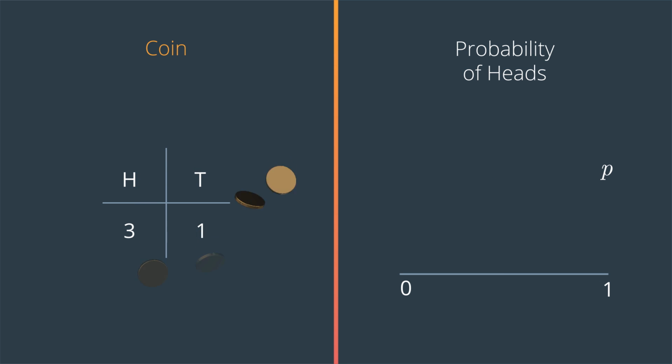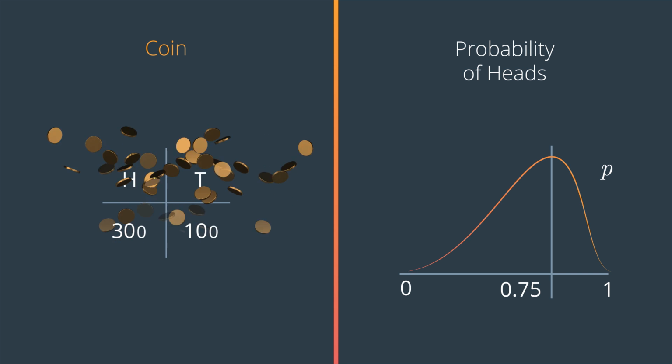Now let's say we toss the coin 4 times and we get heads 3 times and tails 1. The probability distribution for P is now centered at 0.75 since we get 3 heads out of 4 tries, but also with not much confidence, so it's a graph like this.